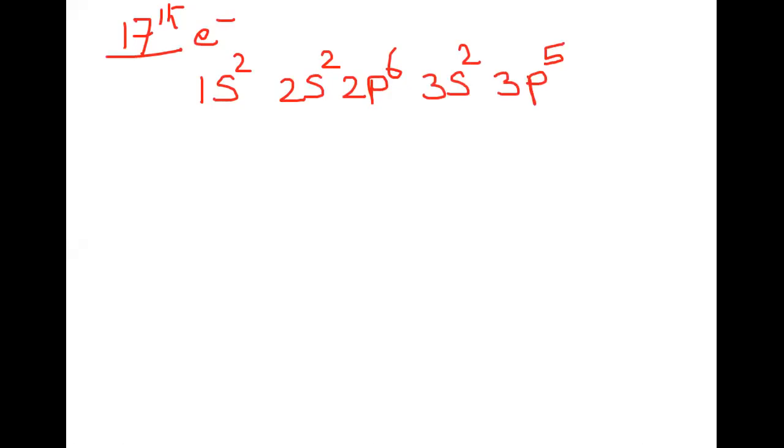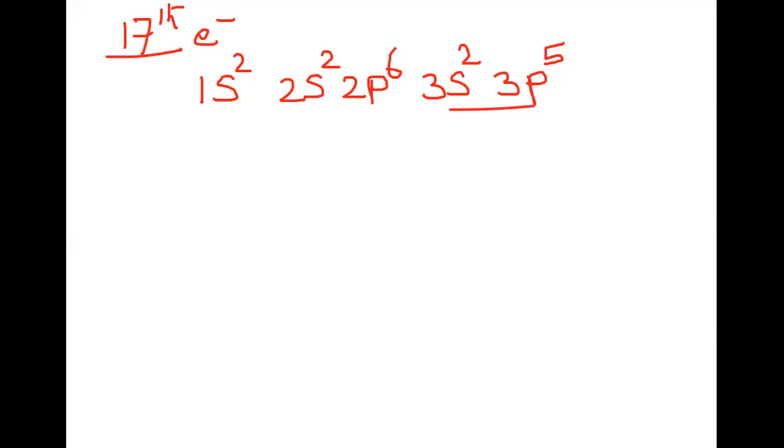So 3p5. Now here will the jumping of electron take place? It doesn't take place here. It does not become 3s1 and 3p5, because the energy difference between s and p is quite significant, you cannot ignore it. The difference is more than what it is between a 4s and a 3d. Therefore, within the same shell orbitals, the jumping of electron does not occur. So this remains as 3s2 and 3p5.